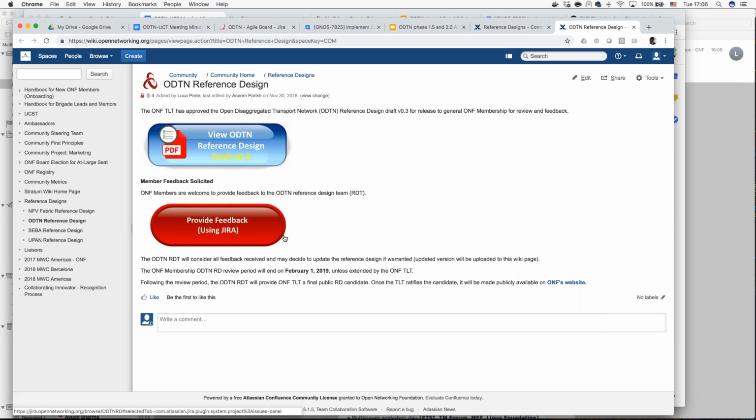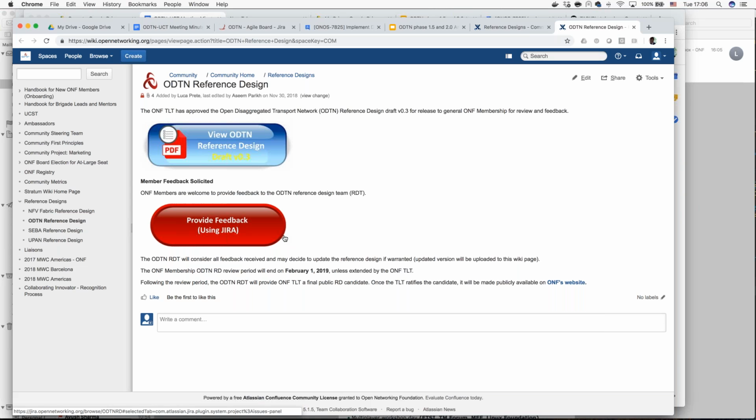So you open a Jira ticket. We, as the reference design team, collect enough Jira tickets, discuss them in one or two calls, and then provide feedback and update the reference design in a new version for public release at some point